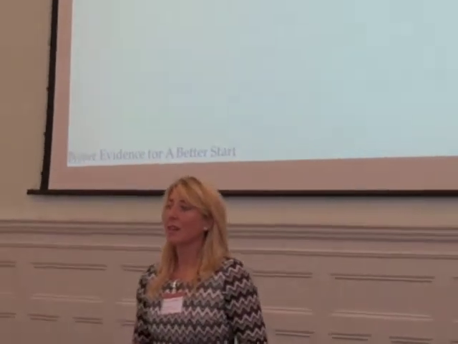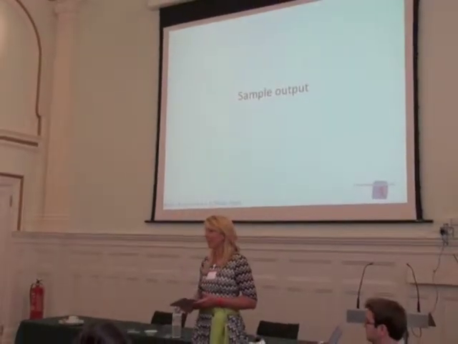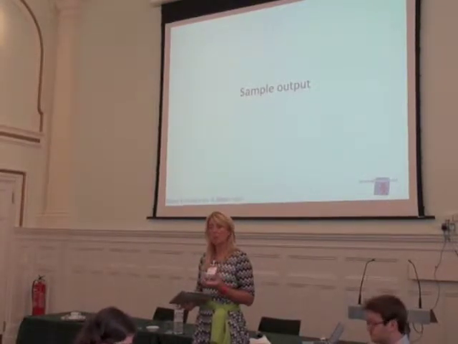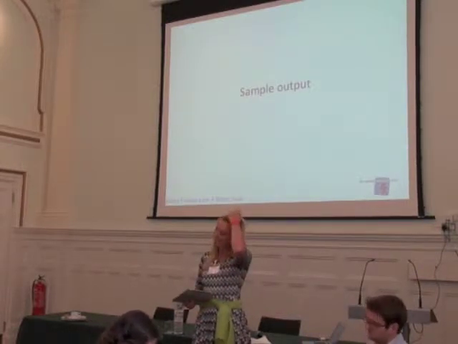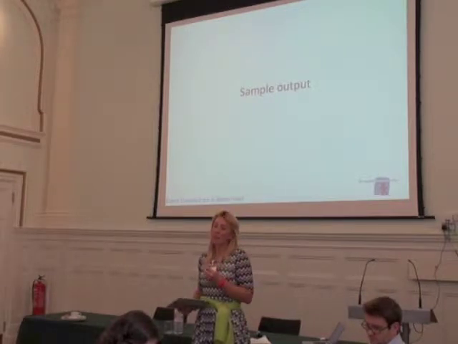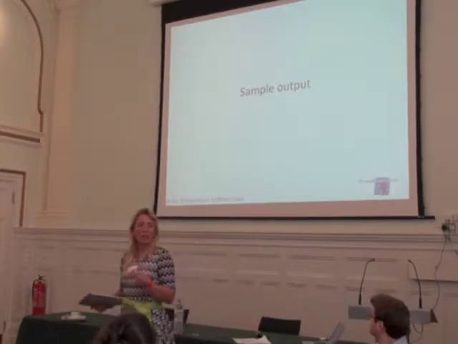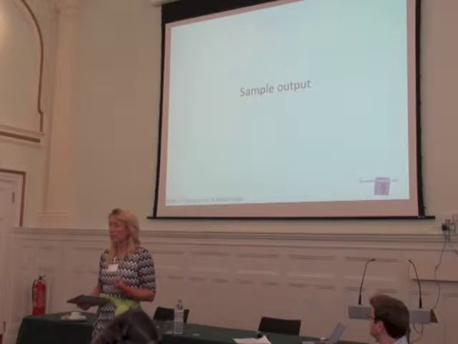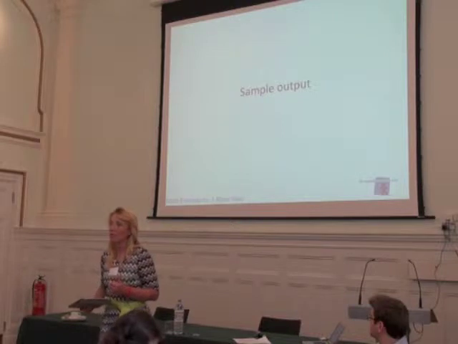So I want to walk you through a sample output, how the data might look. Again, this is by no means saying it must look like this, but these are the types of figures that are going to be useful for when you bring everyone together in the room at the end of the year, and will be important to be sharing with lottery so they can get a sense of how current investments are looking. But before we go on to the sample output, are there any questions or issues that you have so far, either things that you're encountering in your sites at the moment as you're trying to get this work kicked off, or any questions about what I've asked or sent out already?